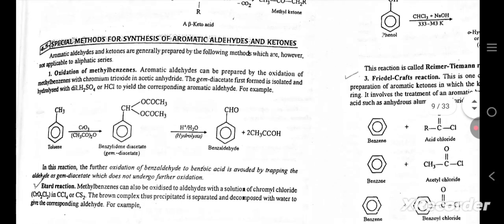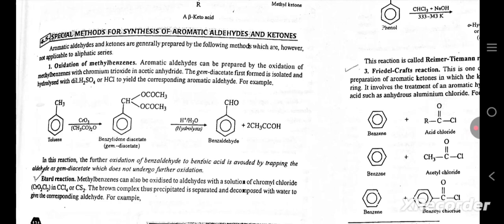Some special methods for synthesis of aromatic aldehydes and ketones. Aromatic aldehydes and ketones are generally prepared by the following methods, which are however not applicable to the aliphatic series. Oxidation of methyl benzenes: aromatic aldehydes can be prepared by the oxidation of methyl benzene with chromium trioxide in acetic anhydride. The gem diacetate first formed is isolated and hydrolyzed with dilute H2SO4 or HCl to yield the corresponding aromatic aldehyde. For example,